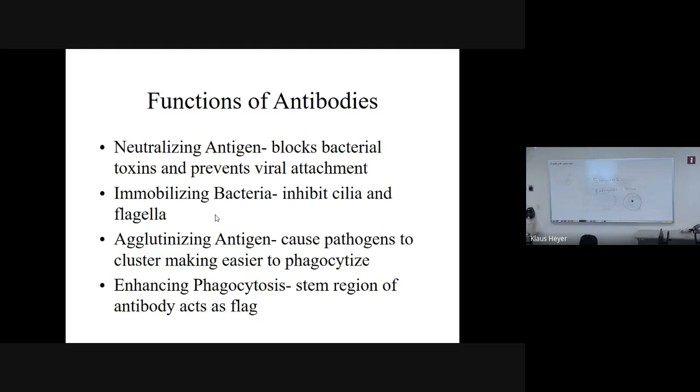And then preventing viral attachment. Remember, viruses will come up to a cell and insert their DNA or RNA. They'll insert their genetic material into our cells. And they get our cells to make them. We actually make the viruses. That's what's so messed up. They use our cells to make them. So if you can keep them from attaching,